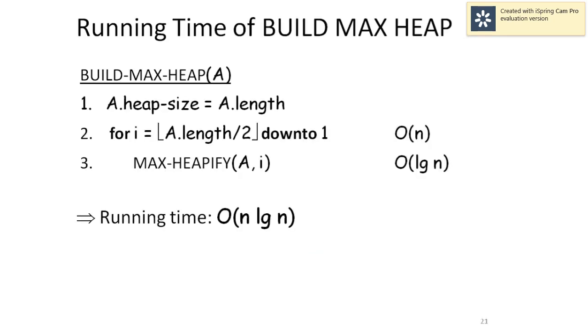When we talk about the running time of build max heap, it comes out to be very simple. The first step is we have simply initialized the heap size variable to length and then we have executed the for loop from n by 2 to 1. So ultimately 1 by 2 is a constant, it will be discarded. We have order of n, and max heapify we know takes log n amount of time. So we simply multiply both the terms and we get n log n.